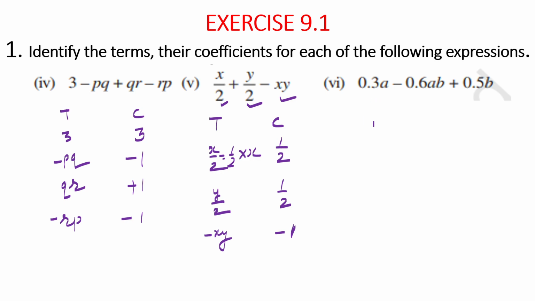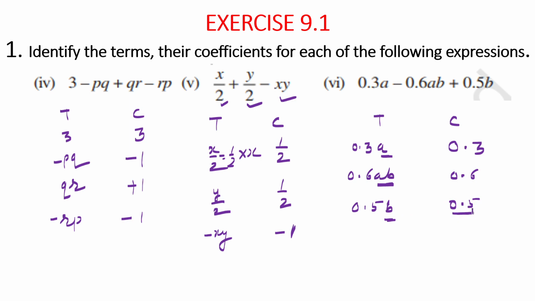Now these are again a polynomial having 3 terms, that is a trinomial. The first term is minus 0.3a, the second term is 0.6ab, the third term is 0.5b. So the coefficient is minus 0.3. Look, the coefficient of ab, where the variable is ab, is 0.6, and the coefficient of b is 0.5. These are the answers. No need to simplify them. If you write 5 upon 10 as 1 upon 2, that is also right, but the given value is also your coefficient. I hope the first question is clear.